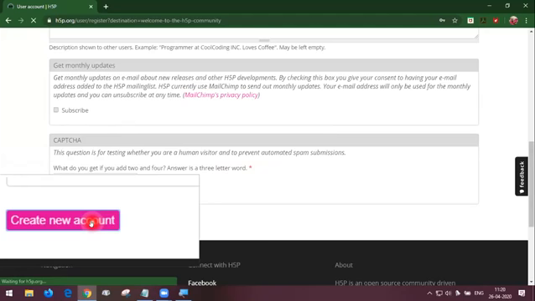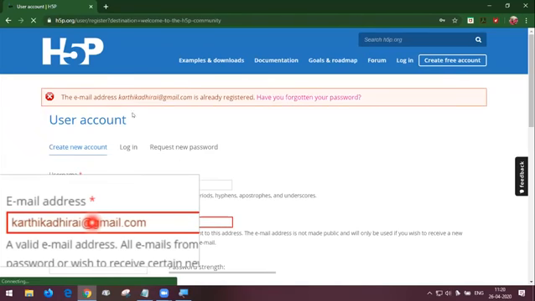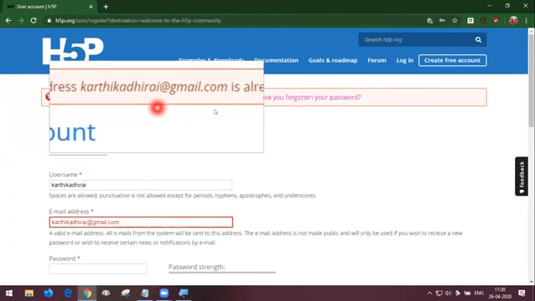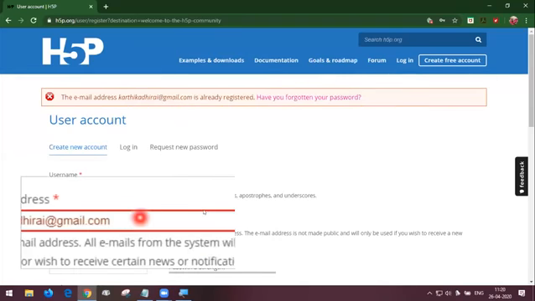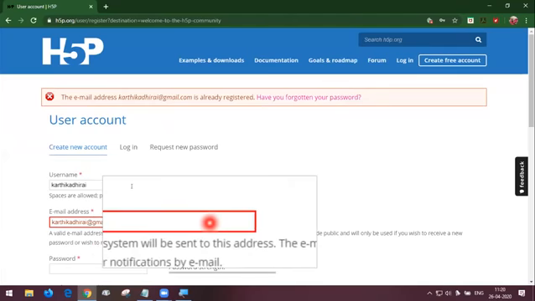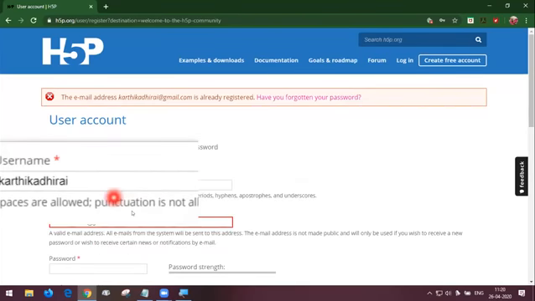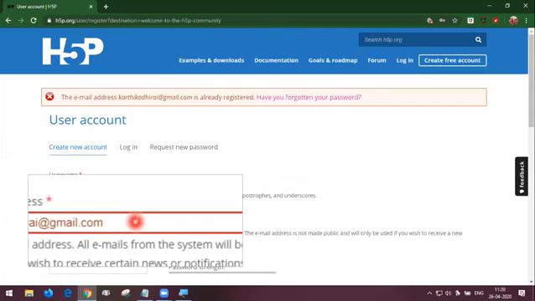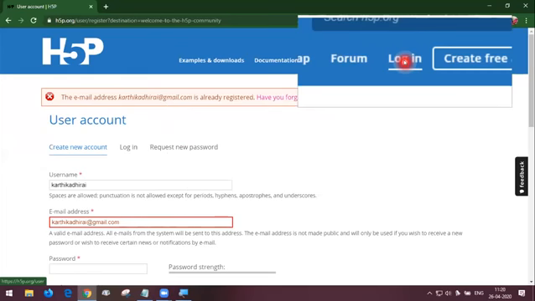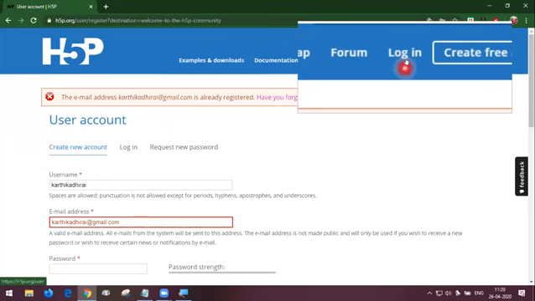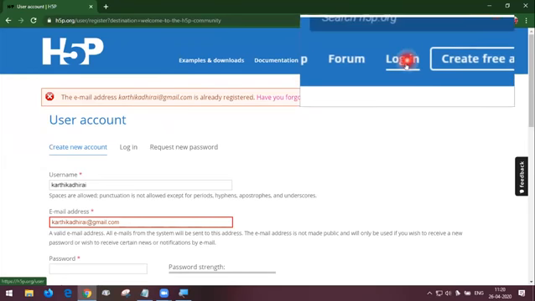So am I clear about that? Okay. As I already have this email ID registered, I cannot log into a new user account. If you are a new user with your new email ID, you will be entering the login. Now we can go into the login session. You can simply click login. After creating your account, you will be displayed a new page and you have to enter the login. Again, you have to click login here so that you will get your home page.